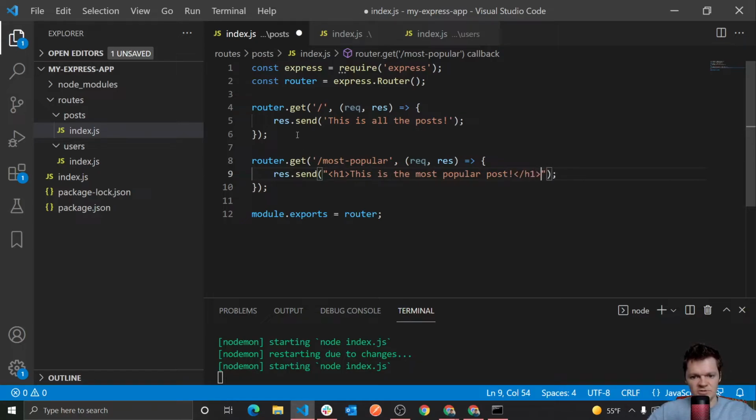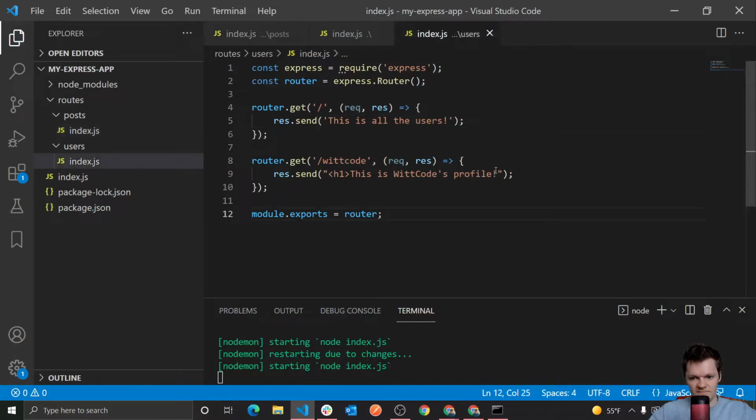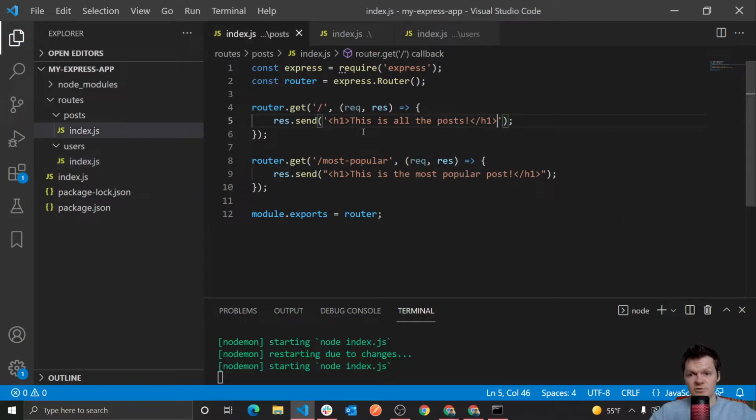And we'll have an h1, add that to this too. Save that. I believe I missed out on that here as well, just makes it easier to see. So h1. What this does in posts is add a route localhost:1234/posts, and this will be